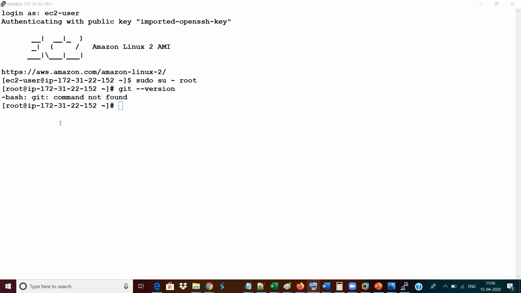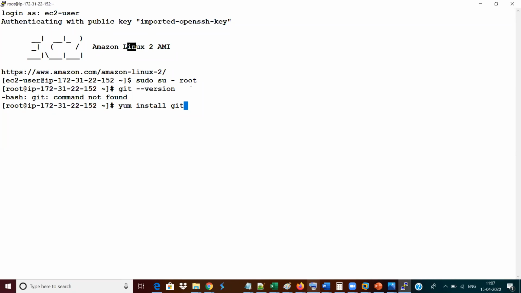So we are going to proceed with the step of installing Git. It is so easy. I already told you that Git is an open source product. Since Git is an open source product, you can get it from your Amazon Linux repository itself. So we are going to use a command called yum install git. So yum is a command to access the repository of your Amazon Linux machine, the cloud machine we created, right? That machine's repository you need to access now.